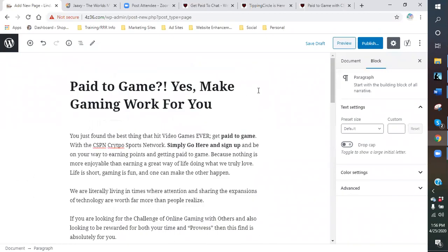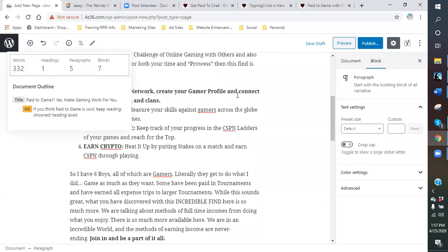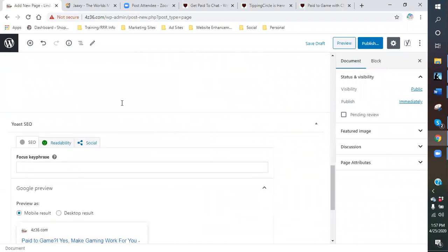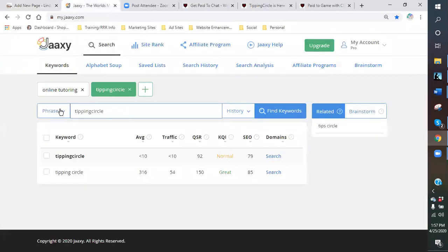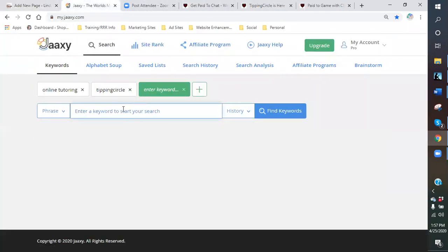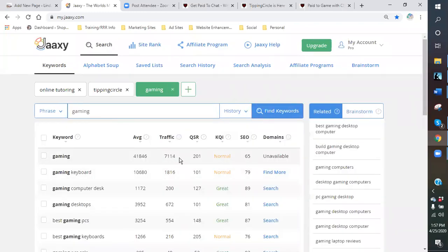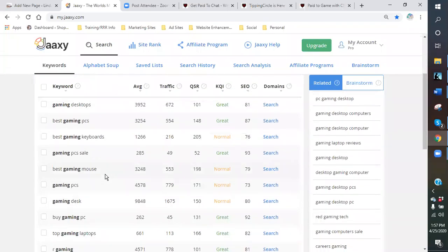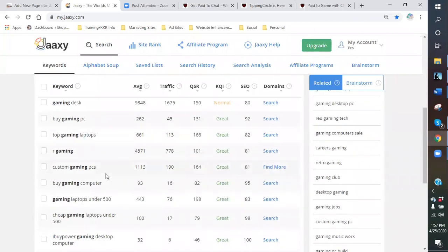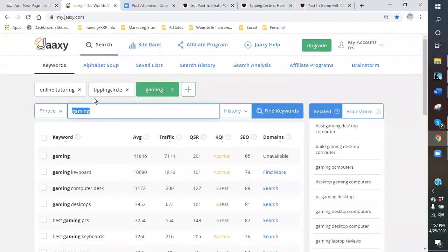Okay. All right, and like I said, if you want to see how many words this has, 332, so it's just under the minimum requirement. You want to expand on that. So in this one, we're going to look up Yoast and find a better key phrase. So we're going to do gaming. I actually have one that is for gaming. And gaming's a really good key phrase. So if we do paid to game,